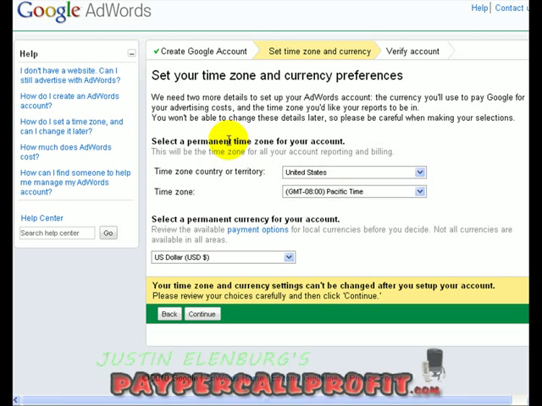If you want to use the time zone that you're in, feel free to, but I try and pick either Pacific or Eastern Standard Time, as it's easy to go about changing the time zones accordingly. So you want to click US dollar, and click on continue,